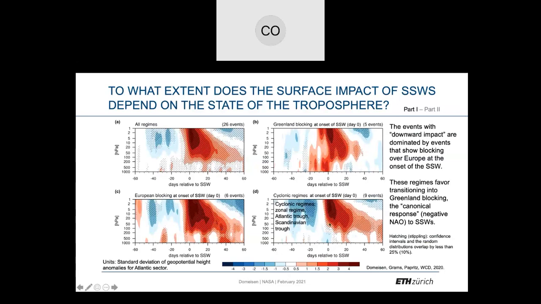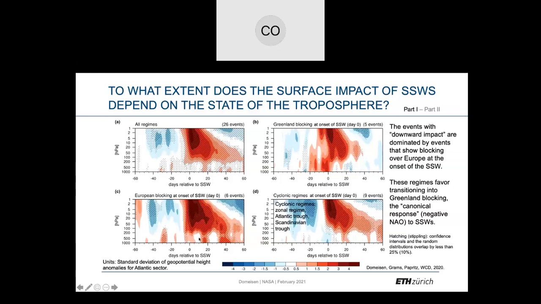And if you have any of the other regimes, mostly solar regimes or Atlantic trough, then you get a little bit of a downward impact. Notice that these statistics are pretty small on these composites. We tried to do all the statistics that we could for this, but just note that there are always only 5 or 6 events. So it will be interesting to see how that plays out once we have more events available. Basically, it seems that this one is robust.